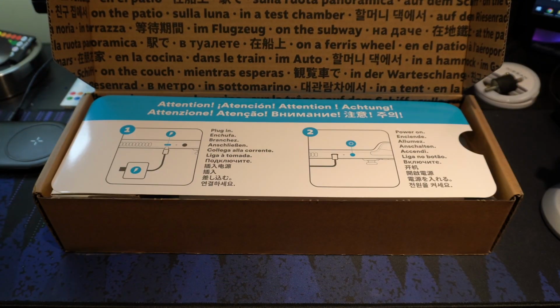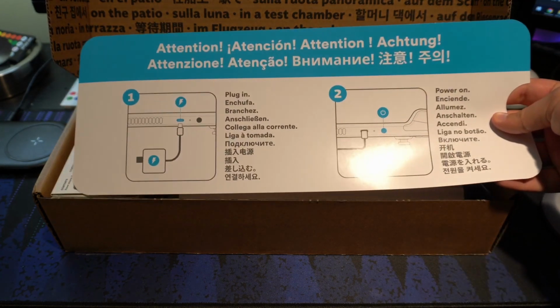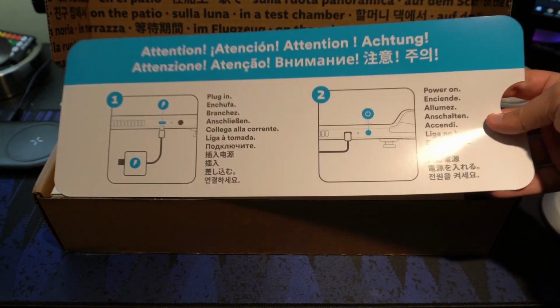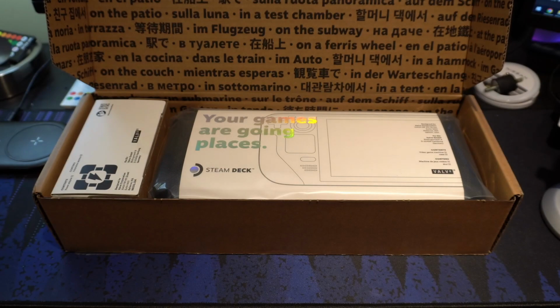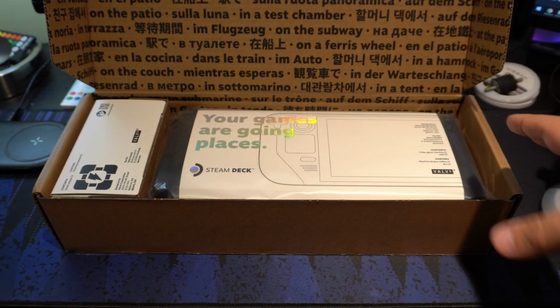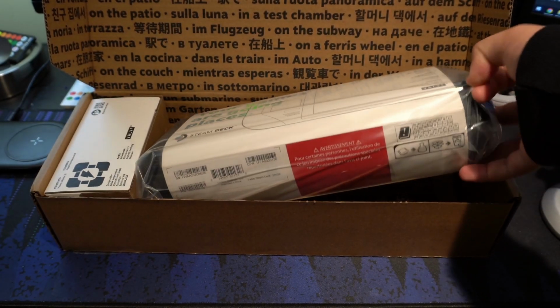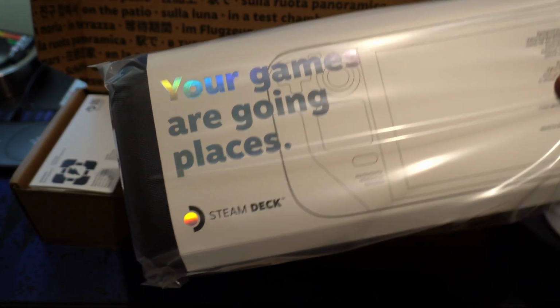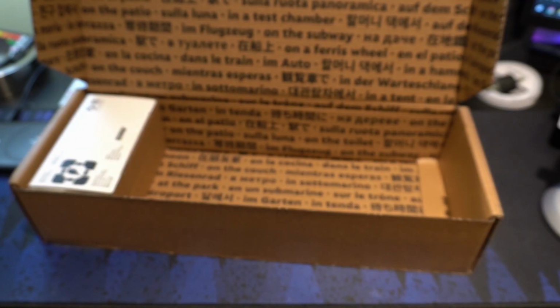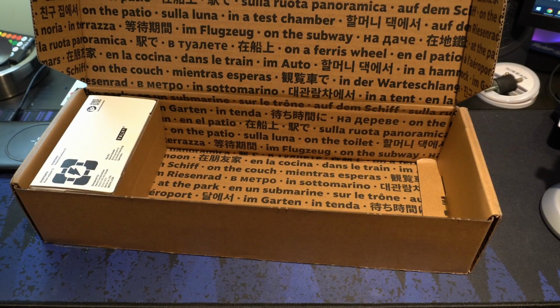So, in the box, you're greeted with the attention, plug in, powered on. I'm gonna turn on the deck before plugging in. I know it has a little bit of charge in it, so I'm just going to put that aside. And in the box, you are immediately greeted with the deck where it says your games are going places. So we're going to put that aside for now. And then you also,